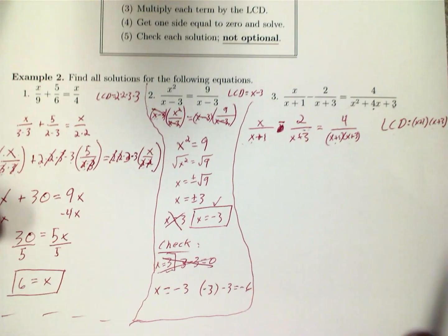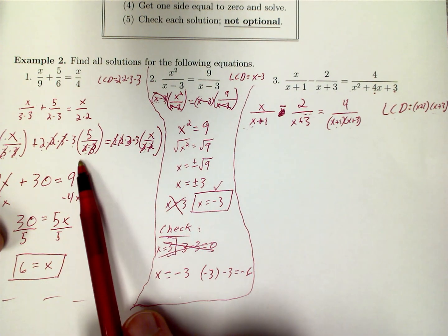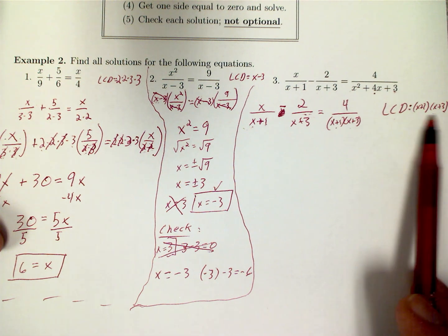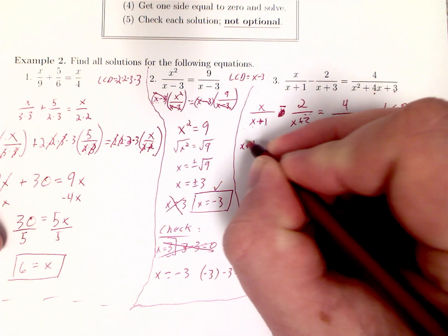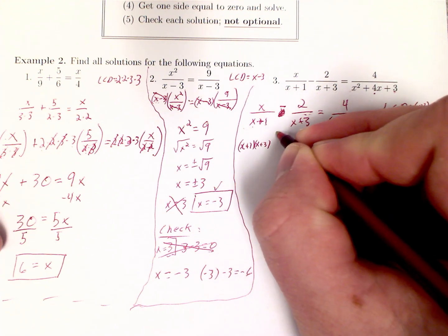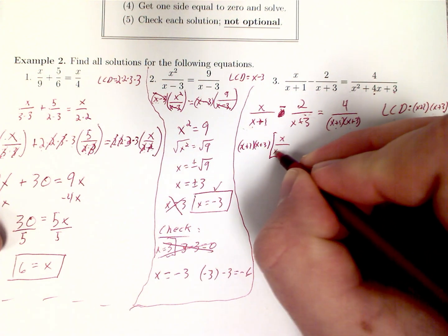Then, what can we do? Well, just like we did here and there, we multiply every term. So we have 1, 2, 3 terms, and we multiply them by the LCD. So we're going to do that. x plus 1 times x plus 3. We're going to multiply that by, I'm going to put this in brackets just to be extra clear, x over x plus 1